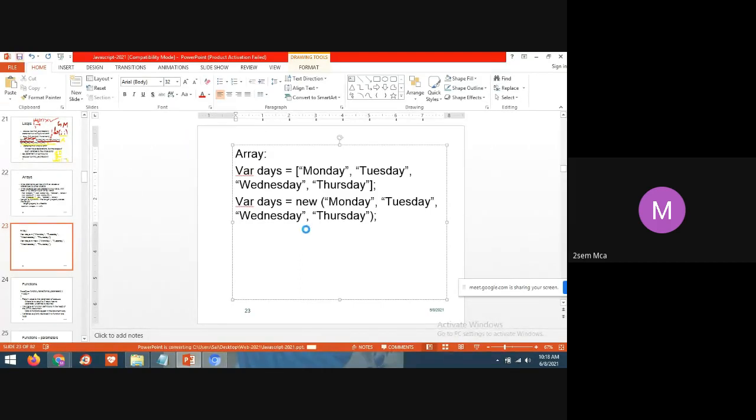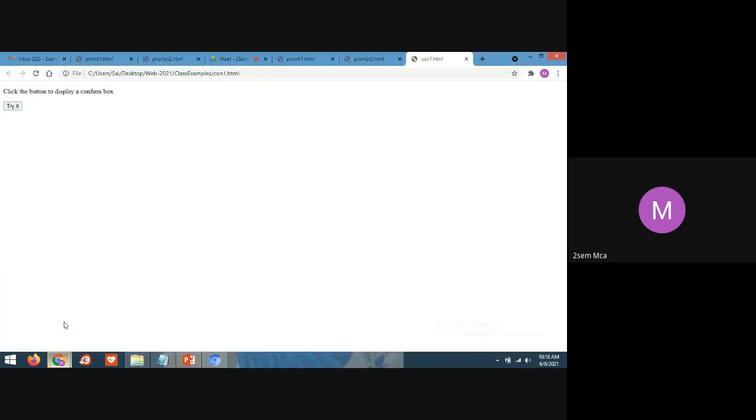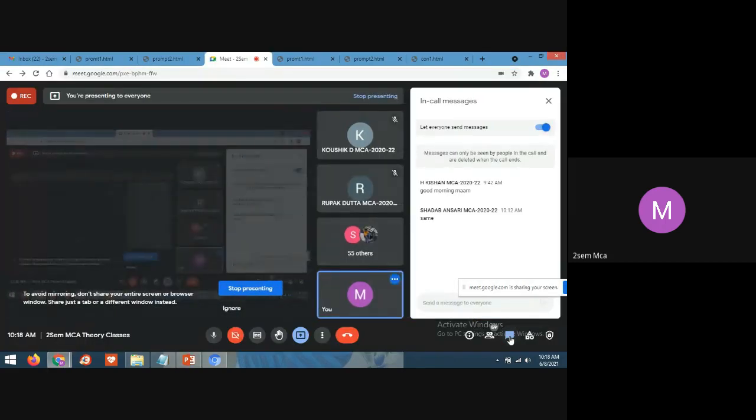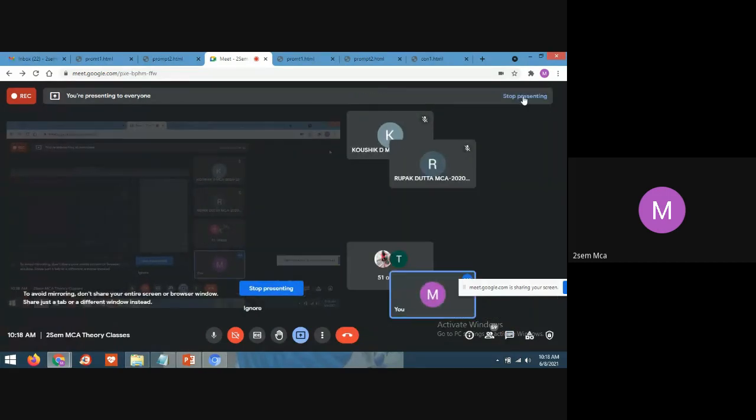Yes, students, what is the difference between these two lines? Both are same, no? Both are same, right? Okay. Any other answers?